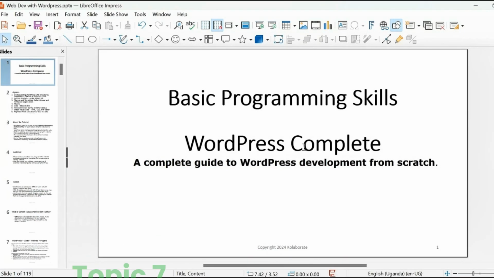So I'm going to jump right into it. The tool that we're using is known as WordPress. This is web development, so we're going to learn to build a website from scratch. For those who have computers, like I said in the orientation, a computer is a must-have. A laptop, we will advise on what kind of laptop will run best, and some of the software, but I advise that you must have a laptop. For web development particularly, you must have a laptop. So let's dive into it. The tool that we're using to build our websites is WordPress. This is a complete guide to WordPress development from scratch.